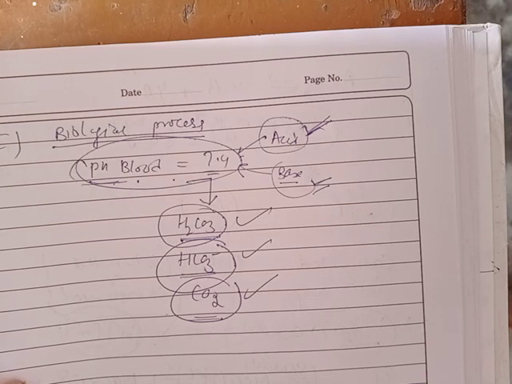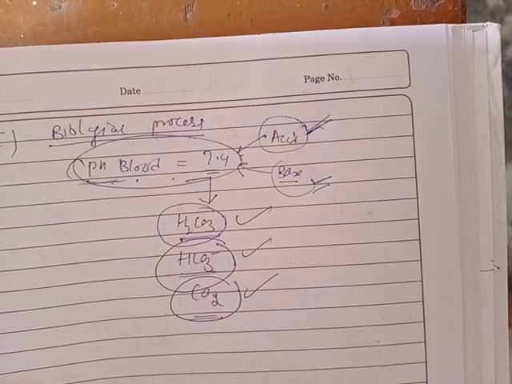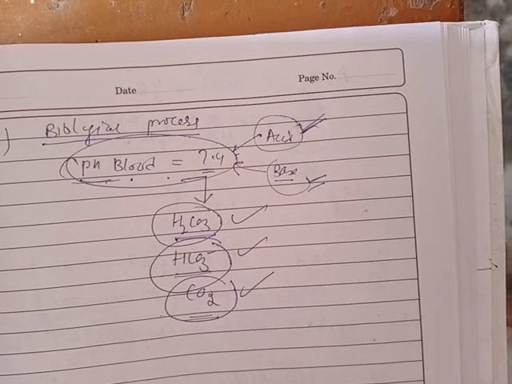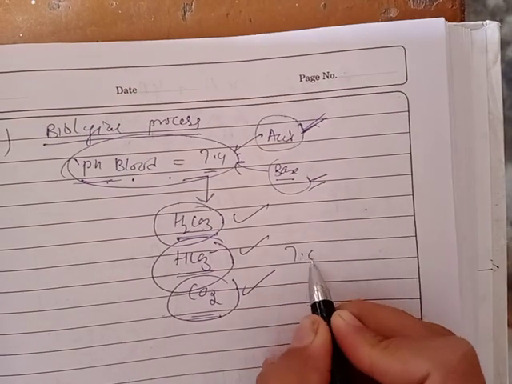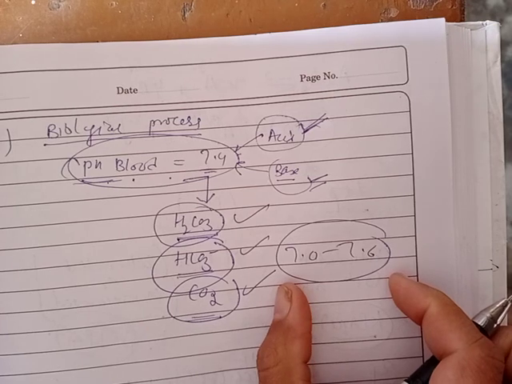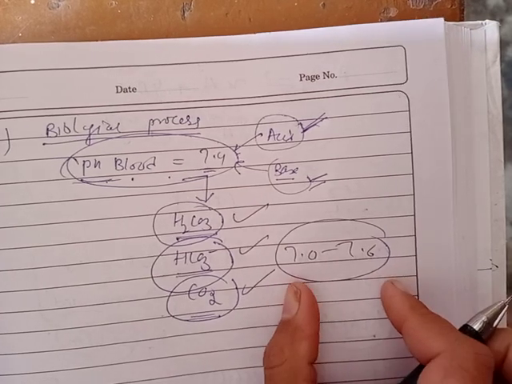Last is in swimming pools. The pH of water in the swimming pool has to be controlled properly, as otherwise it may be harmful for our skin. It needs to be maintained between 7.0 to 7.6. This pH should be maintained in the water of the swimming pool. And how is this pH maintained?